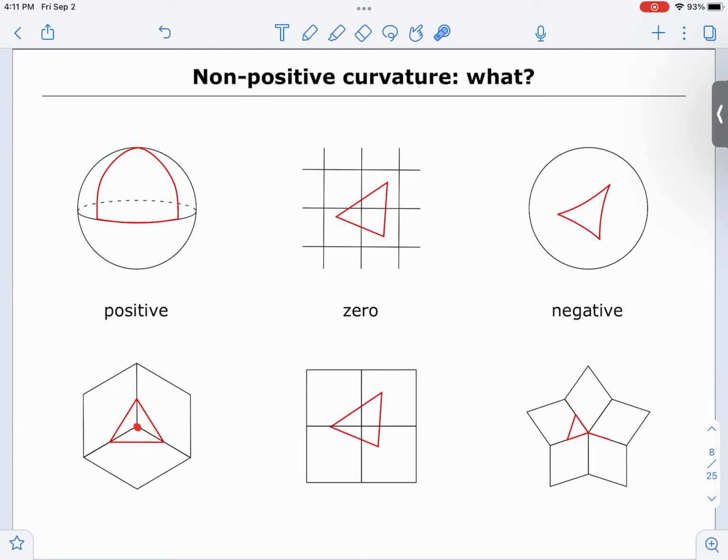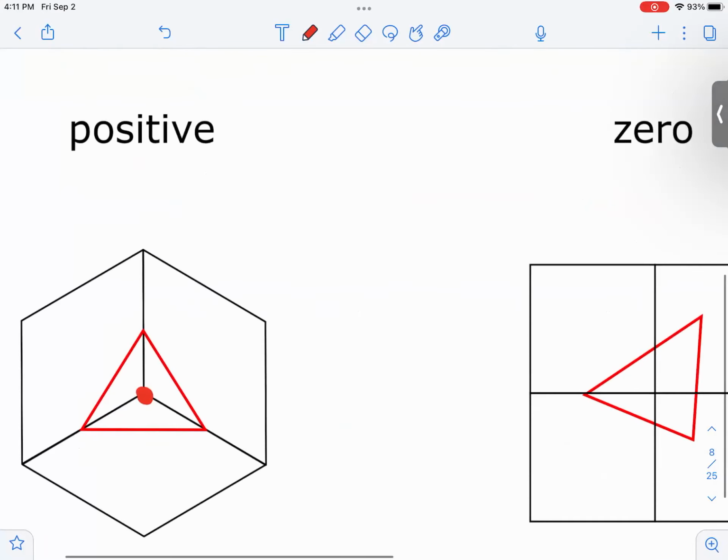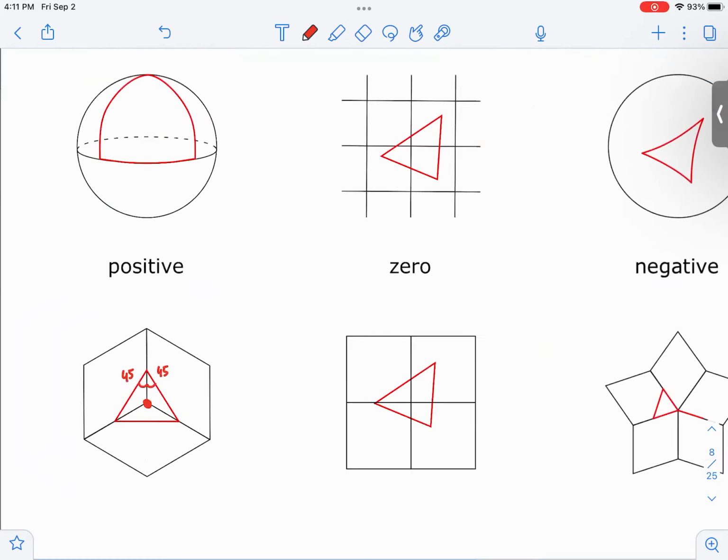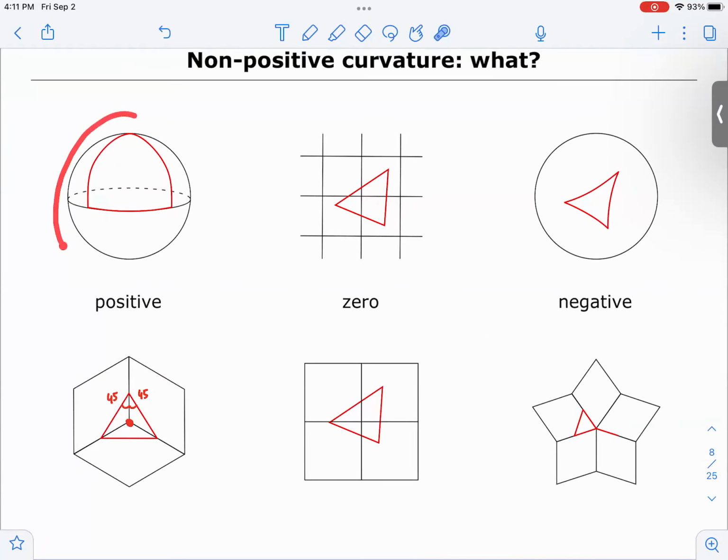Here, if you measure the angles, let me zoom in here. If you measure the angles, you want to do that along the two-dimensional faces. So this is 45 degrees over here and 45 degrees over here, so it adds up to 90 degrees. So this is actually a triangle with three right angles, the same thing that you see here in the sphere. So that's an instance of positive curvature,